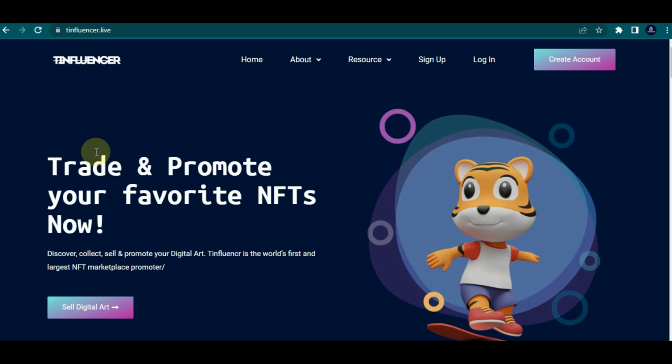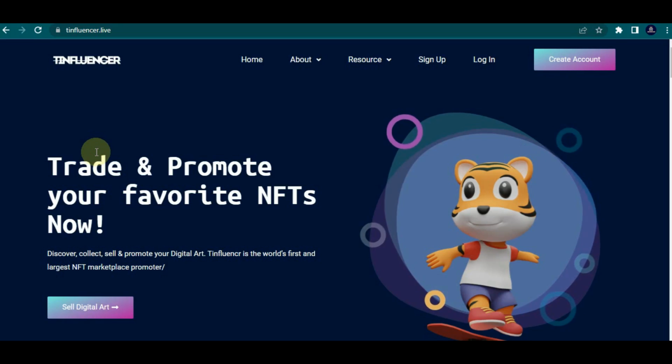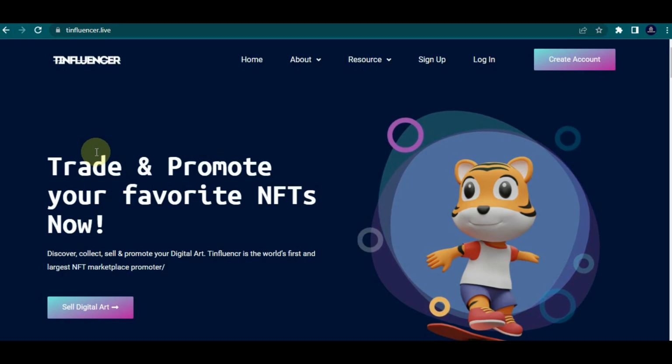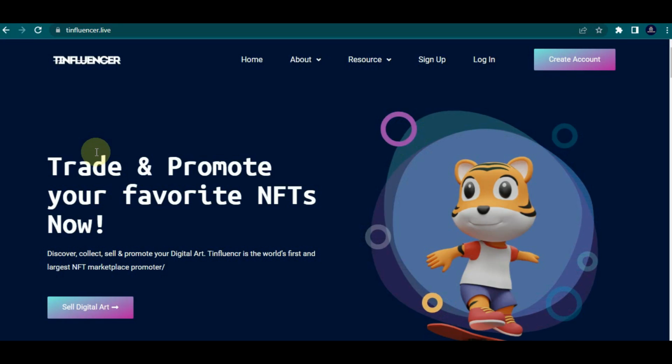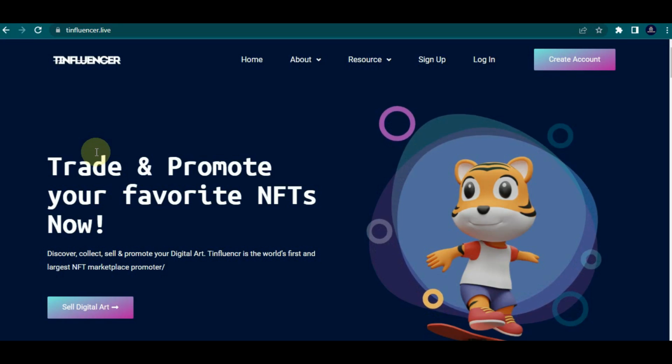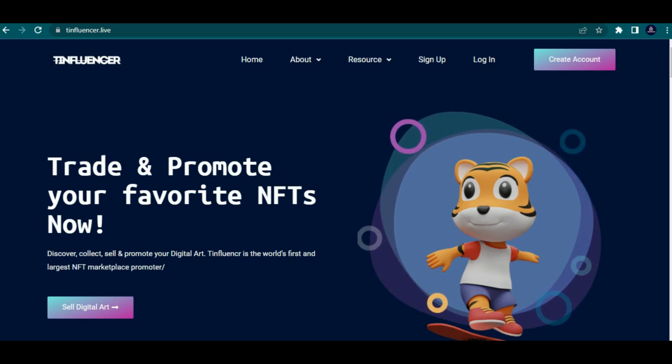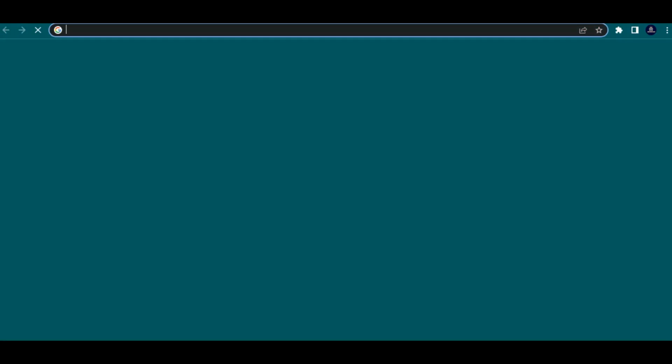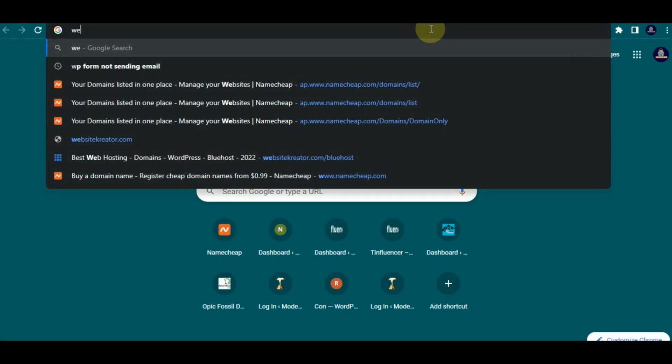So now the first thing you want to do is to purchase a domain name if you haven't. If you want to create a website like this using WordPress, you need a domain name and a web hosting account. Now to do that, all you need to do is to go to your browser and type in